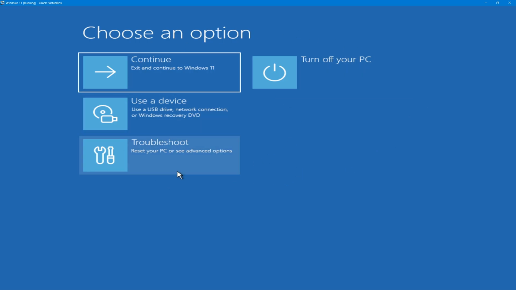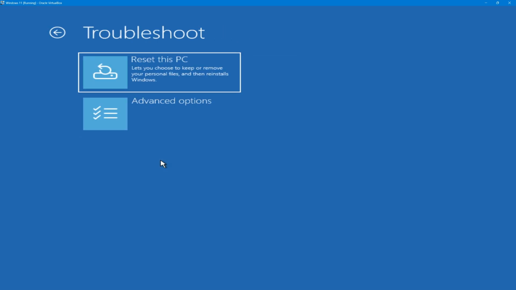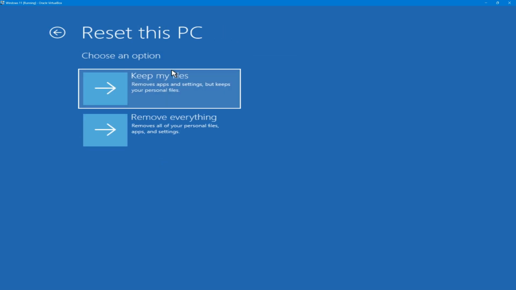And by the way, if you can't see or go through this page, all you got to do is just go ahead and restart your computer 3 times. Use the power button. If it tries to boot up, restart it again for about 3 times, and at the 4th time it will now be available. So click on troubleshoot, reset this PC, and just keep your files if you want